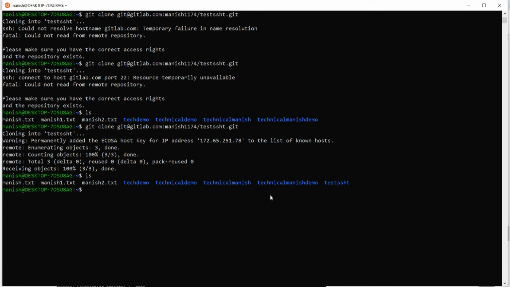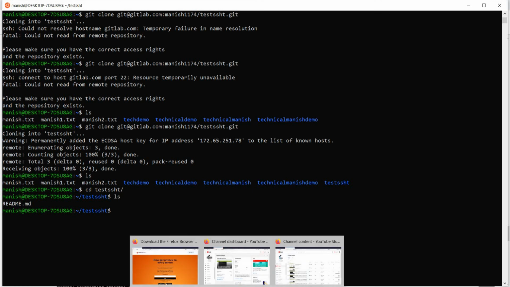So this is my repository. Let me show you. This is a readme file which I created while creating the Git repository.